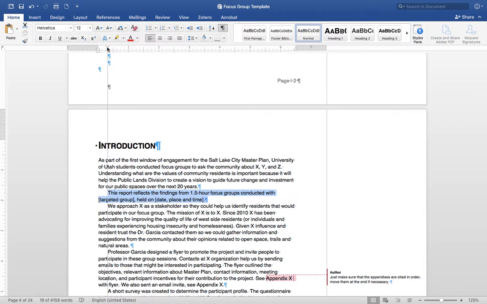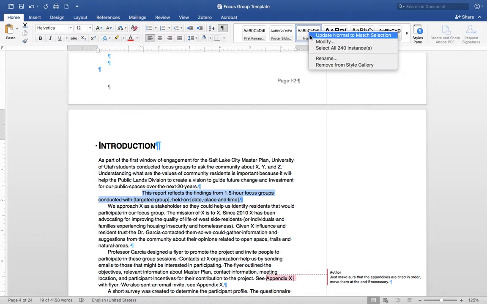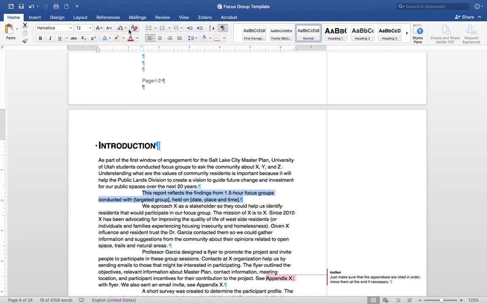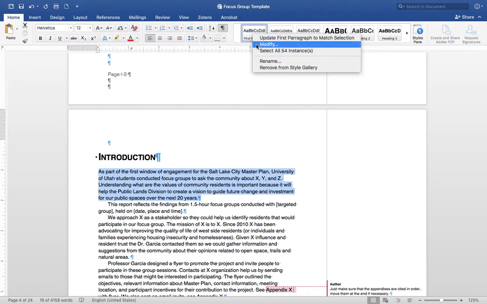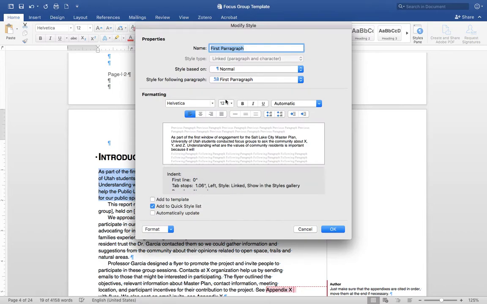So for example, if I wanted to make this huge like that, which looks terrible, I would just go here and say update normal to match selection, and then everything will change to be that. But I really don't want that, so I'm just going to make sure that this matches what it was before. But basically you can change the spacing there too. For example, if you have the first paragraph, you just go to modify, and you can change any of this,